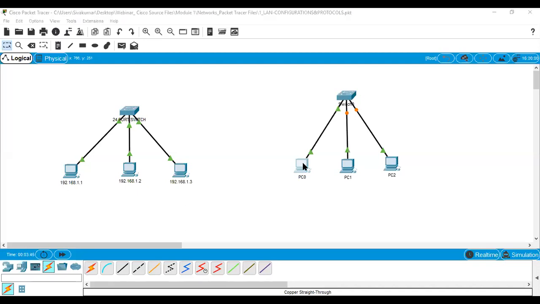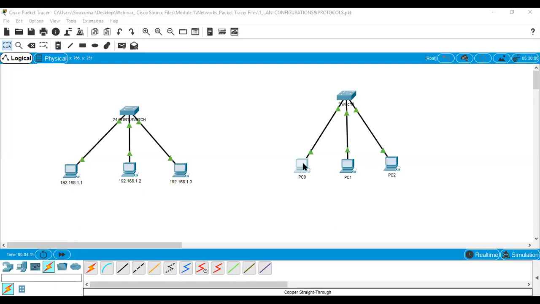If you click on a PC, it shows 5 tabs. That is the physical tab. Physical tab, you already know very well, shows the physical device view. Then the config tab. Here you can change the display PC name. Then fast Ethernet: you can interface with the fast Ethernet cable or Bluetooth. These are 2 options available: the fast Ethernet option and the Bluetooth option.